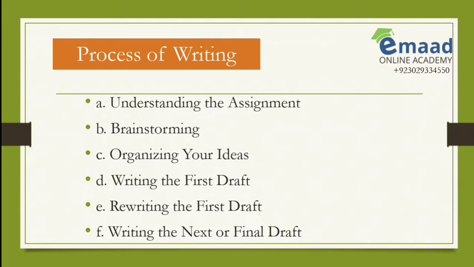After understanding the topic well, you have to do brainstorming. Brainstorming is actually to think about your topic in your mind and organize, draw a map, construct or organize an outline about which things you are going to discuss in that paragraph. Brainstorming is about recalling and gathering ideas about the topic that you will write. In this process of brainstorming, you need to write down whatever comes to your mind in a random way. After brainstorming, when you have collected the ideas, now organize your ideas.